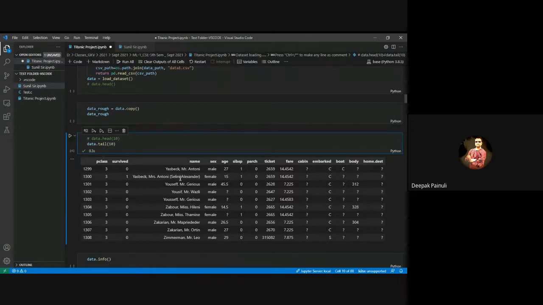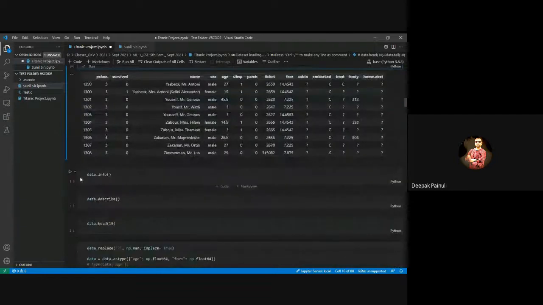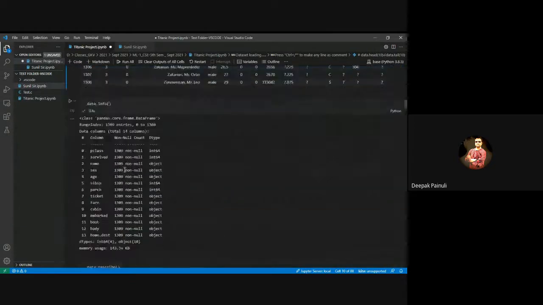Okay. So here you can observe some of the features have a question mark, right? If you check, info is showing that there are 1309 non-null values of pclass, 1309 of survived.